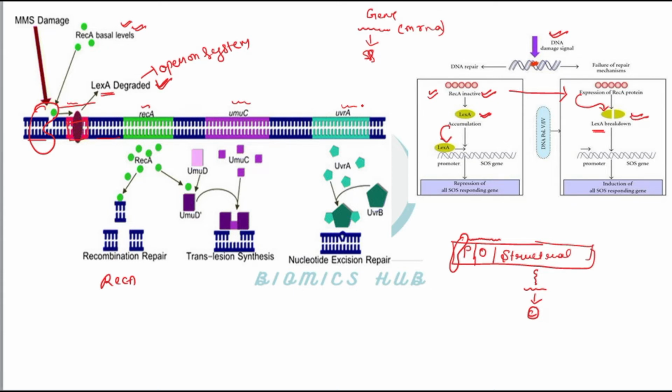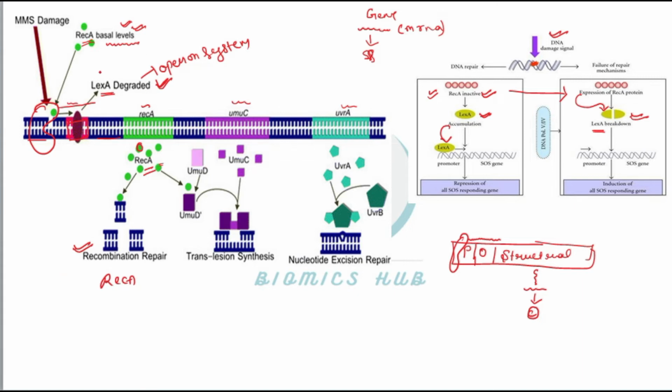So what happens in a cell? In the normal condition, the REC-A protein is at the basal level. So the LEX-A protein which is present can be degraded by this REC-A protein. After that, the REC-A protein will be activated when the RNA polymerase synthesizes it into mRNA as well as protein. So the REC-A protein which is present here will be involved in the recombination repair,